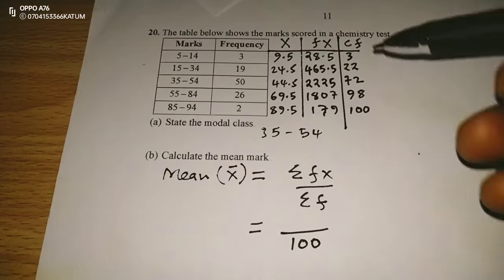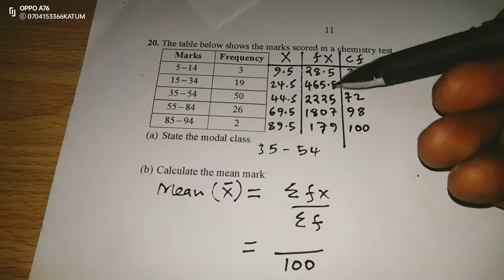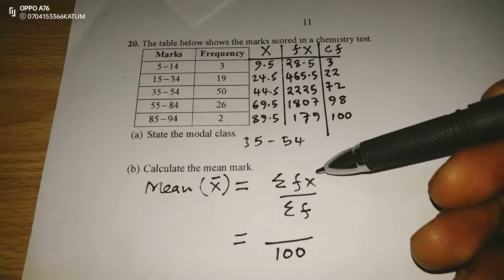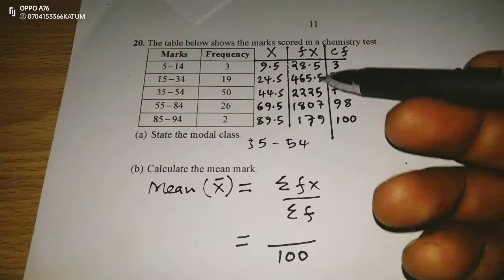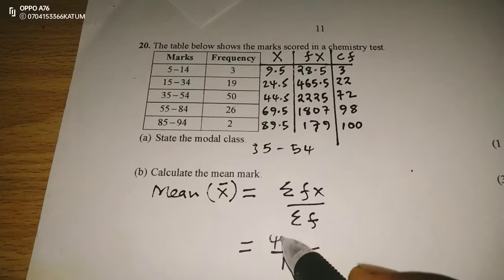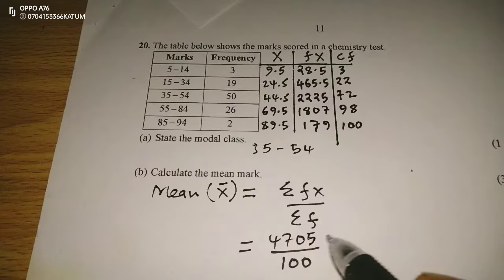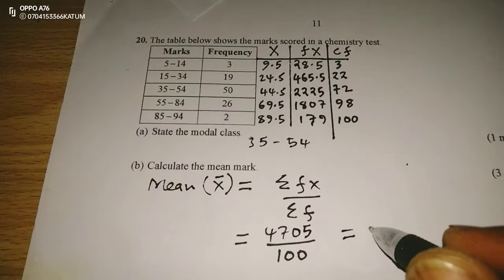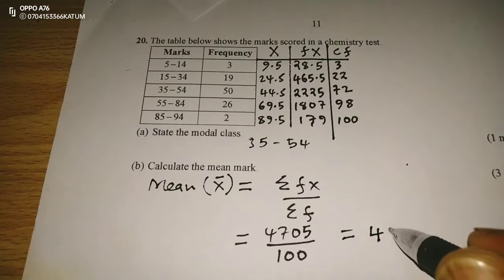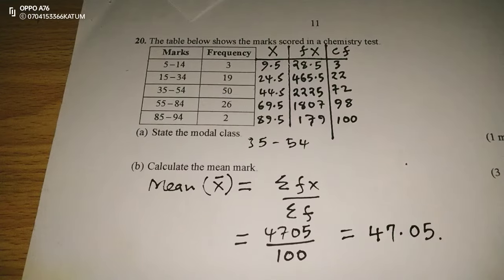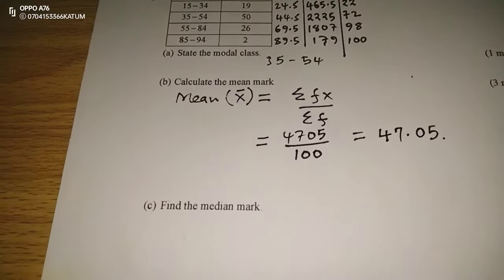Then now we're going to add up f x, so that we may know the summation of f x. The summation is giving us 4705. So when we divide by the summation of f, we're going to get a mean of 47.05. So this is the mean for the given data. The next will be